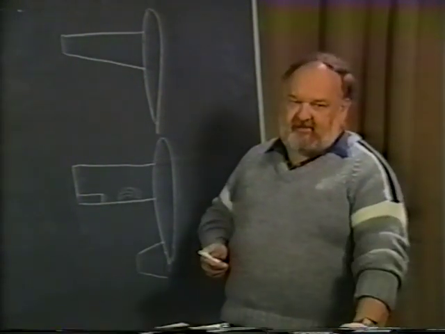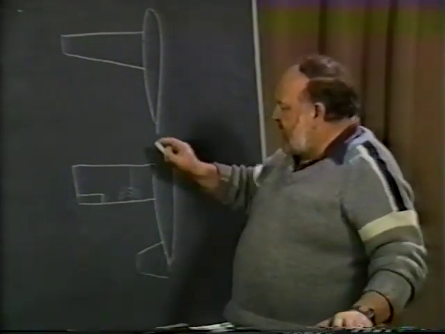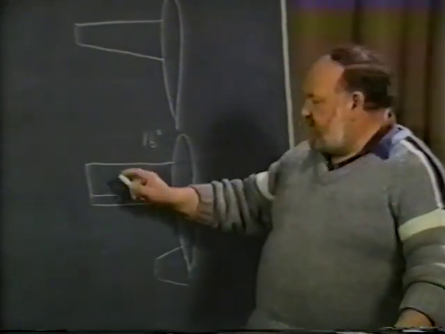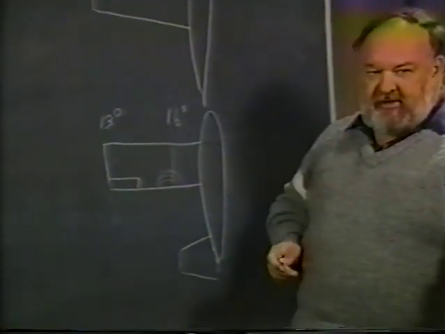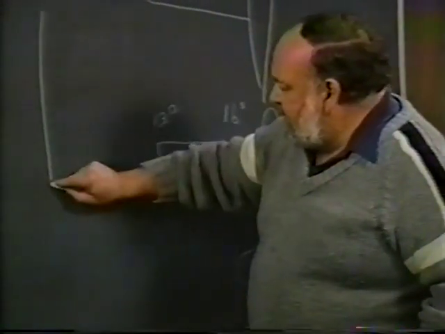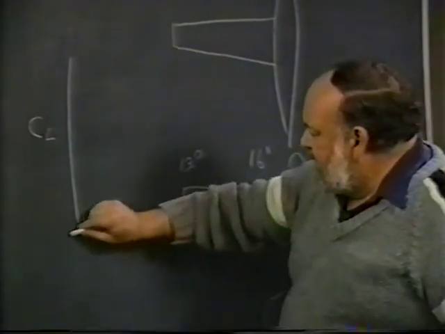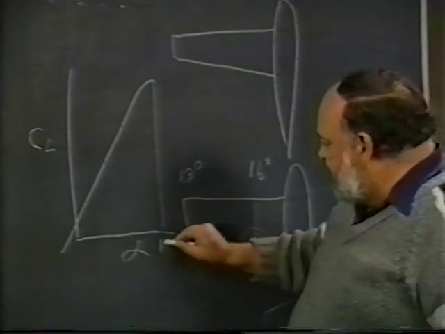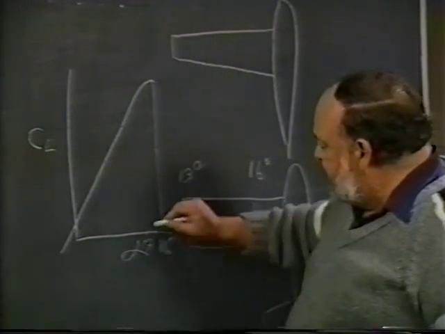There are two real disadvantages of that approach. One, if this inboard section stalls at, say, 16 degrees, let's pick that just as a number, and you've put 3 degrees of twist on it, then the outboard section, if everything else would be the same, is only at 13 degrees. Well, if we take a look at the CL versus alpha plot again, this is the lift coefficient, this is the angle of attack. If this was 16 degrees, that would cause it to stall, and if this is 13 degrees right here,